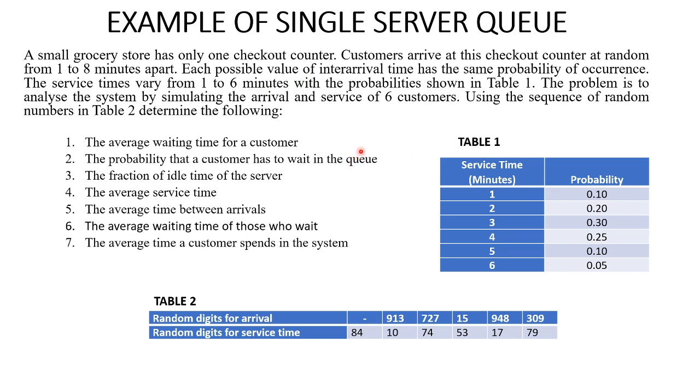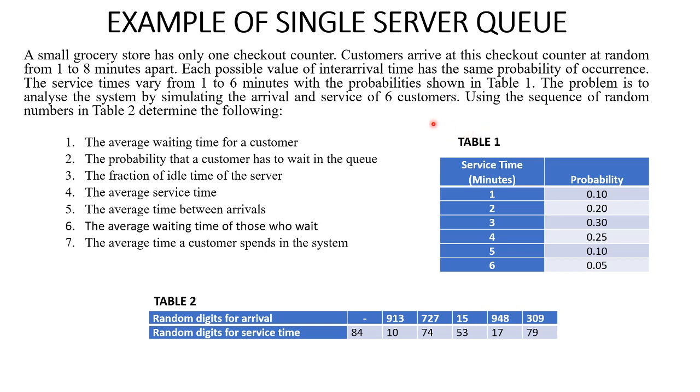The service times vary from 1 to 6 minutes, with the probabilities shown in table 1. The problem is to analyze the system by simulating the arrival and service of 6 customers. Using the sequence of random numbers in table 2,